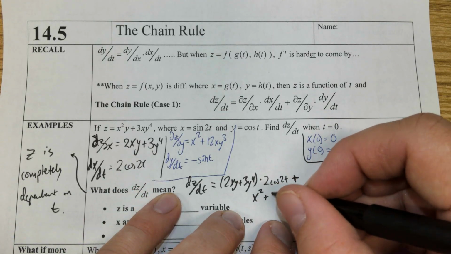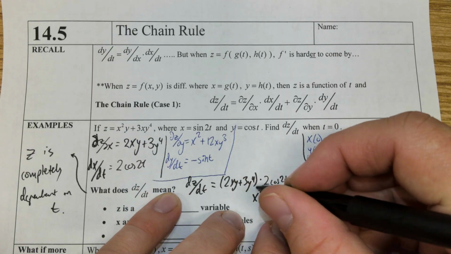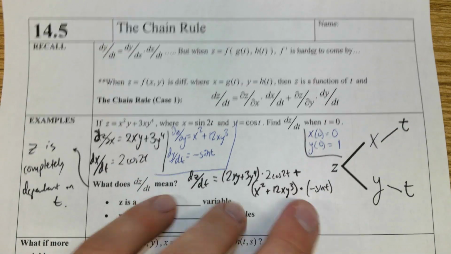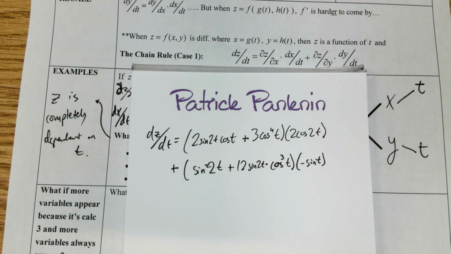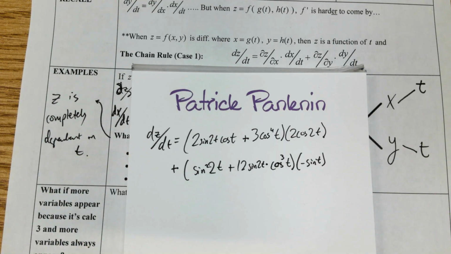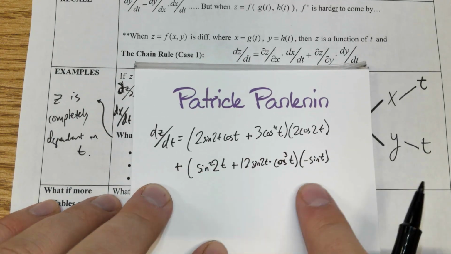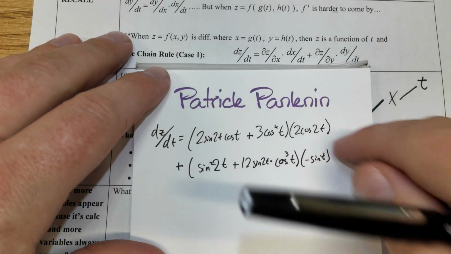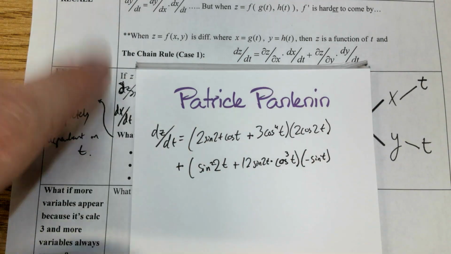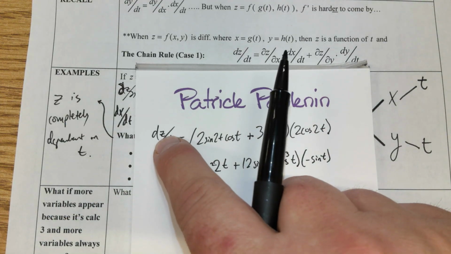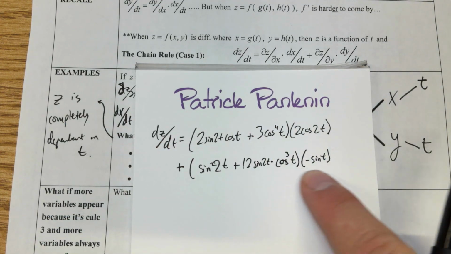X squared plus 12xy cubed times negative sine t. Pause. Right, does that really look better? Right, this is the true and technical answer. If you're in Canvas and looking for your answer, you're doing something like this, you might even be distributing, combining, simplifying a little bit as you go through here. But that is the concept, that I have a derivative of z that's completely dependent on t,